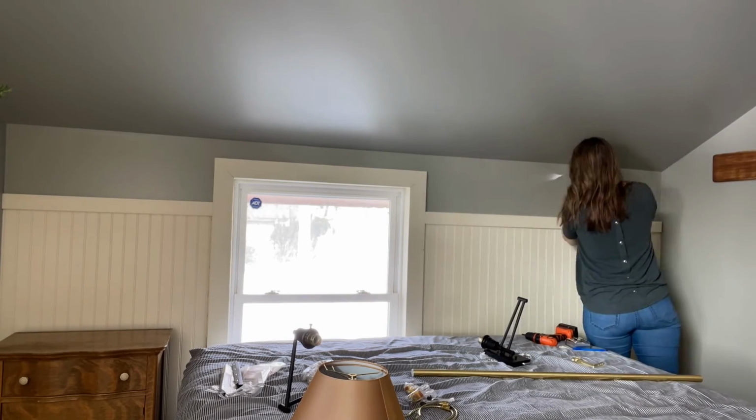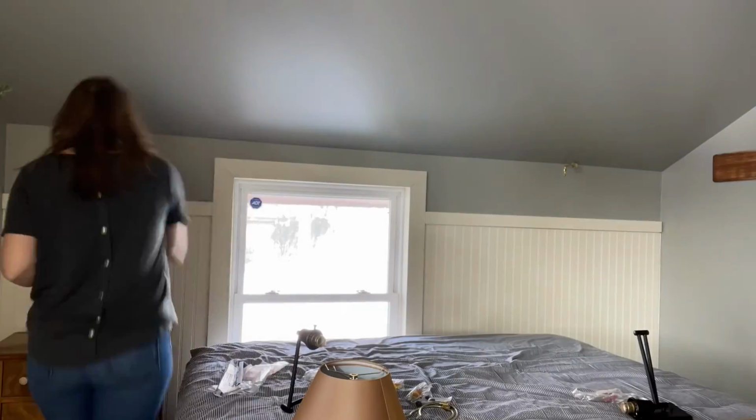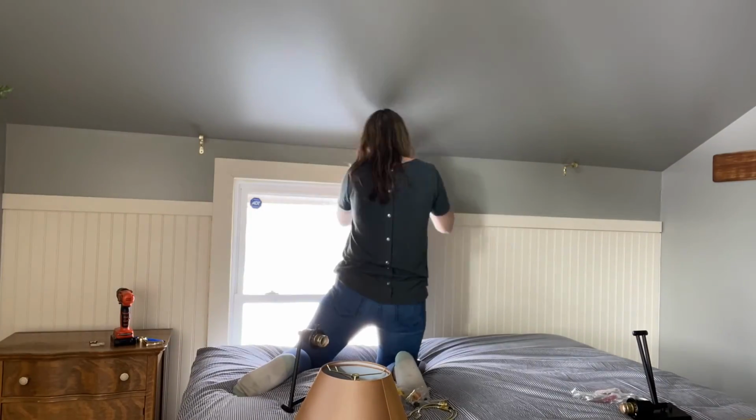So clearly not where it needs to be, but I'm going to try and work around that by hanging some curtains, making them equal on both sides of the window, and then it will not look like it only takes up half the bed. All right, we're gonna get that bar and the curtains up, but first I need to